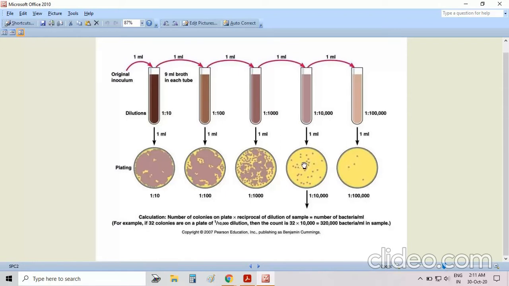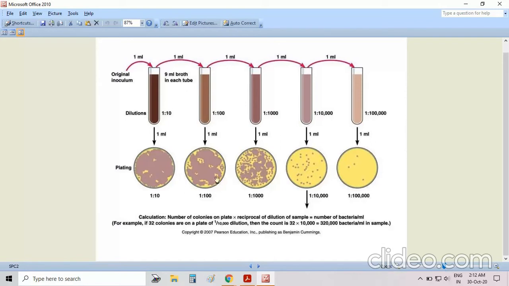After the agar gets solid, there is a cover on the petri dish, and we have to invert it. We have to place it in an incubator at a temperature of 37 degrees Celsius for a duration of 24 hours. That we need to follow: keep the petri dish in inverted form in the incubator. After that, we take it out, because the formation of colonies needs time and a particular environment, and we need to provide that. After that, we'll see the formation of colonies.